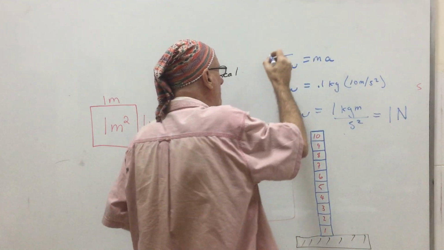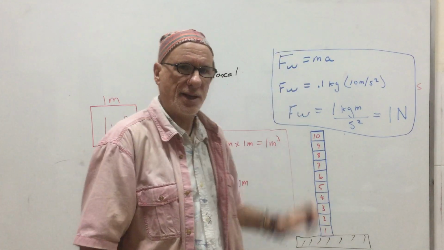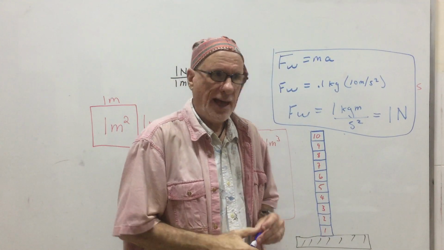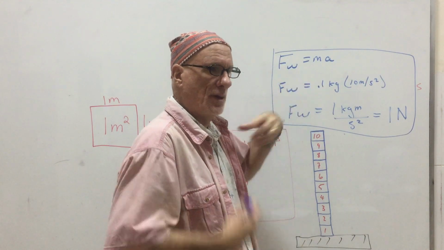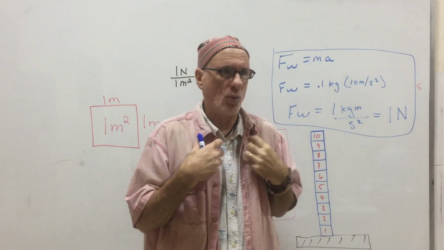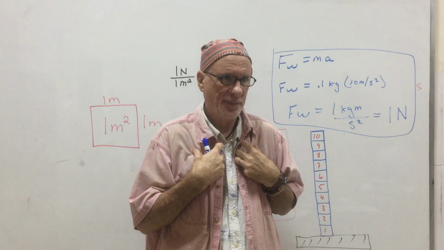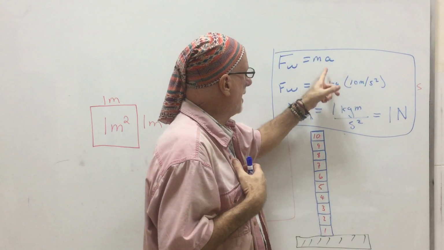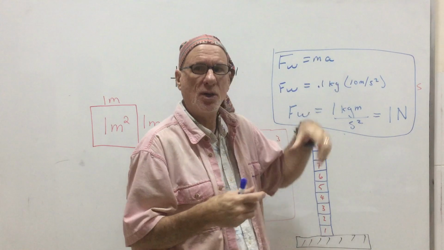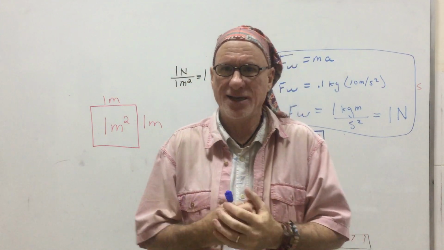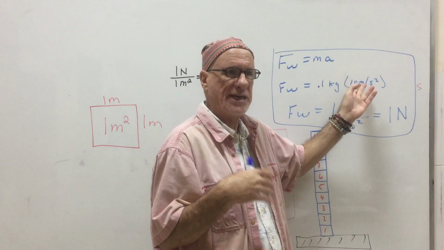Here are some physics formulas, okay? I'm not teaching you any more than this, okay? F means force. W is weight. So I am about 100 kilograms, correct? That's my mass. If you multiply by acceleration, mass times acceleration, we're going to round it to 10, okay? It's really 9.81, but we're going to say 10.